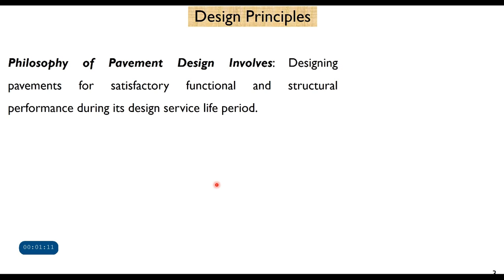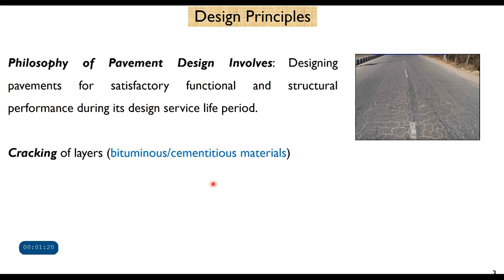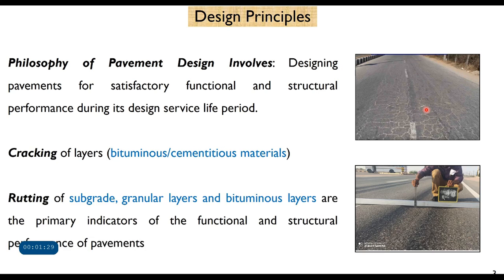The design philosophy in this code is the functional and structural performance of a pavement, and cracking of bituminous layer or cementitious material is considered as one of the design principles, and rutting of subgrade, granular layers and bituminous layers are the primary indicators of functional and structural performance of the pavement. So these are the performance criteria,